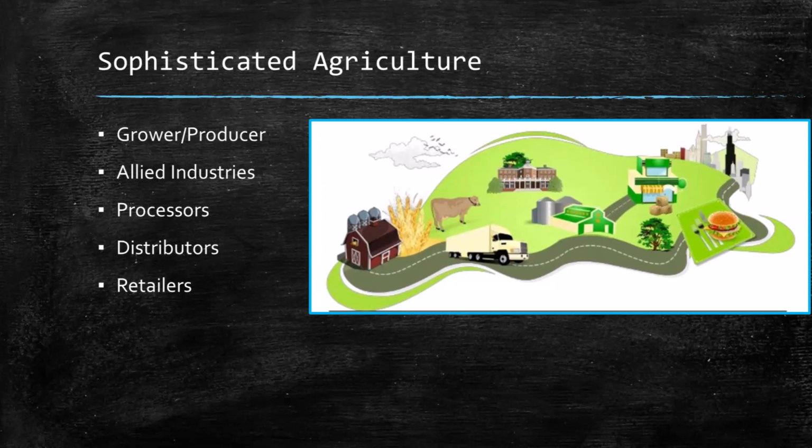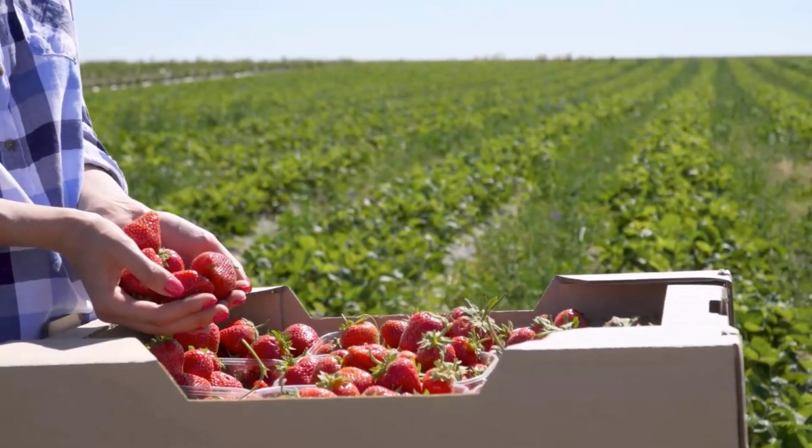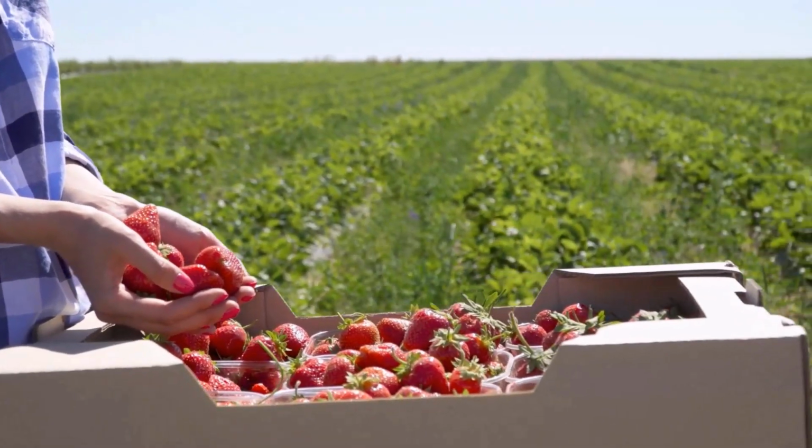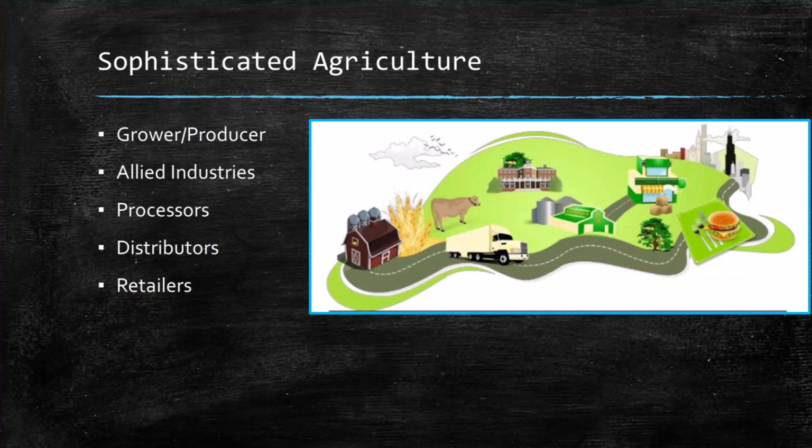as well as a national level here in the US, is that we have a very sophisticated system of agriculture. So more often than not, we have a grower who's producing the product. So think producing the cows, producing the rice, producing the wheat. And that producer then ships their product to a processor. And during the production phase, they'll have a number of allied industries that will help them produce that product. So things like fertilizer companies, equipment companies, technology companies that would all support that product before it's sent to a